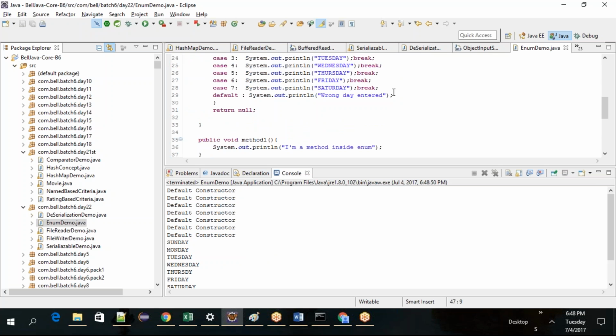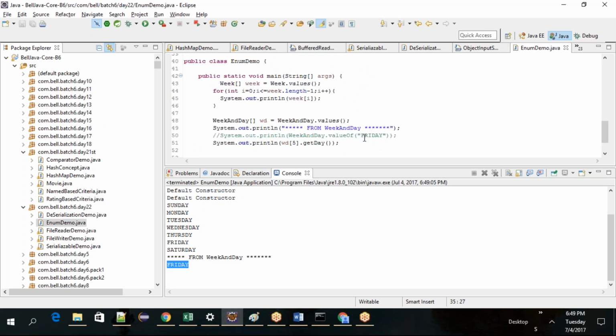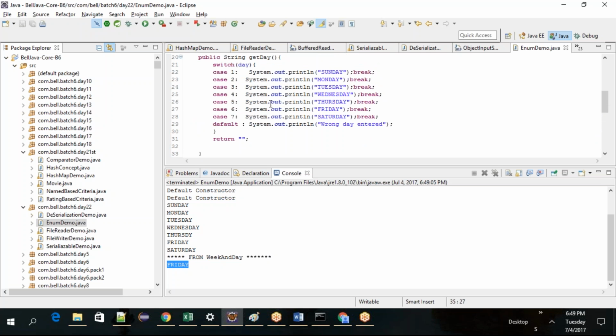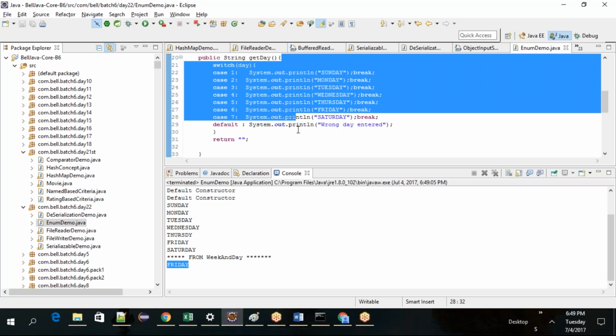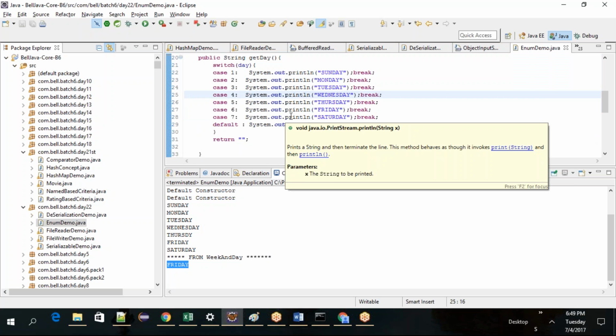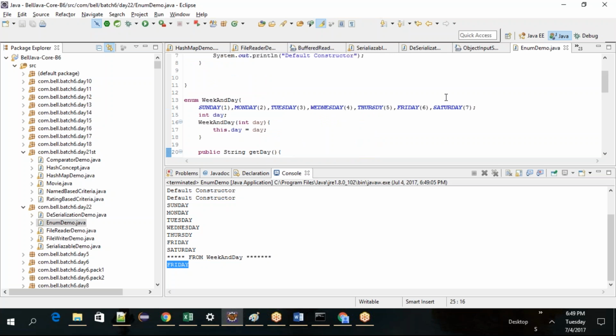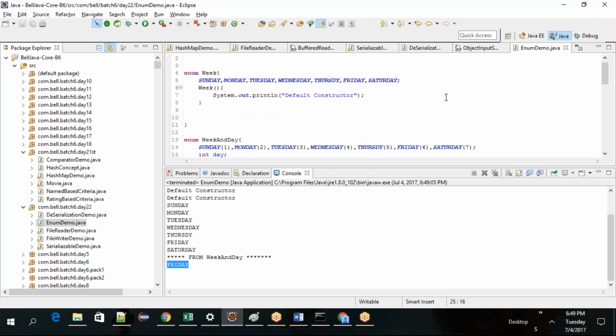Maybe I'm not breaking it. Oh, this one was written. Just put it down here. Friday. Got it? It's all about how you implement the getDay method. I just wanted to show you how to return some data, but if you really want to have some business logic like this, you can have it. Make sense? Okay. So